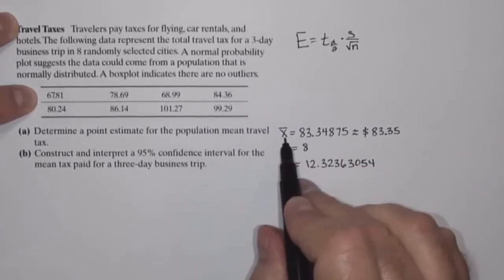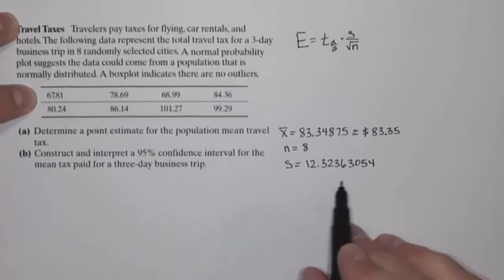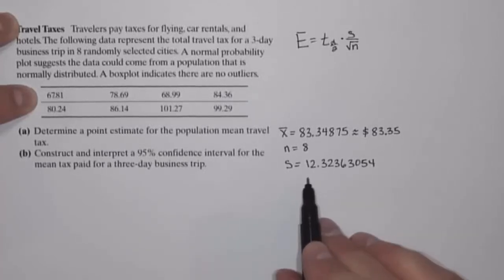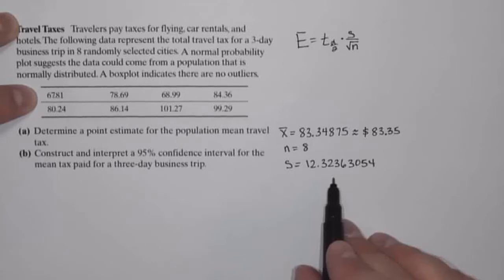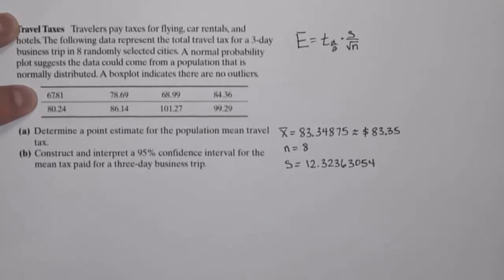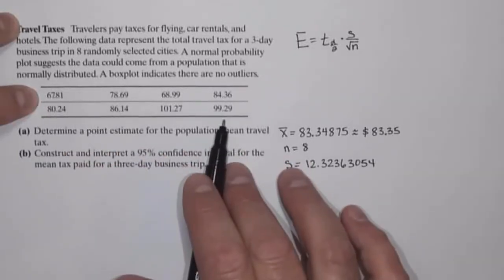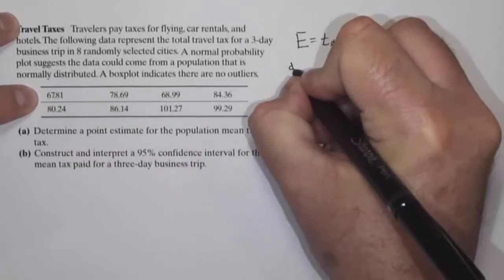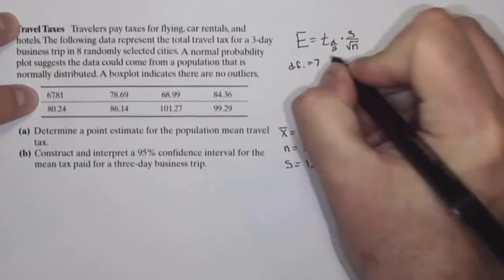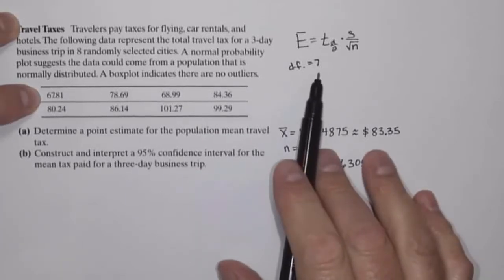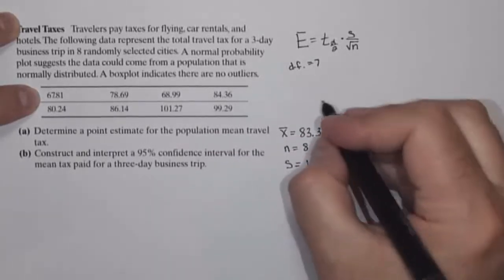So when I found the mean, I also found that the sample standard deviation was 12.32363054. Now, so anyway, if my sample size is 8, that means we have 7 degrees of freedom, 8 minus 1. So to find this critical value,